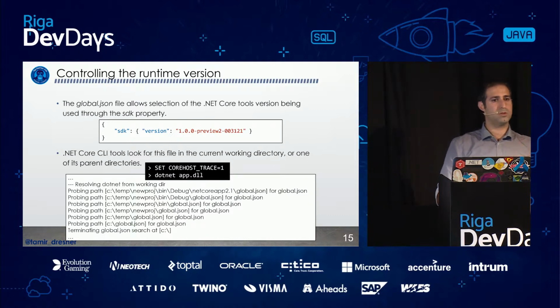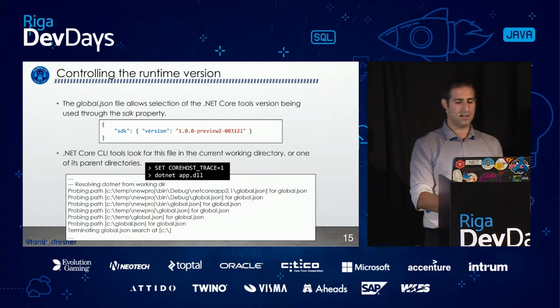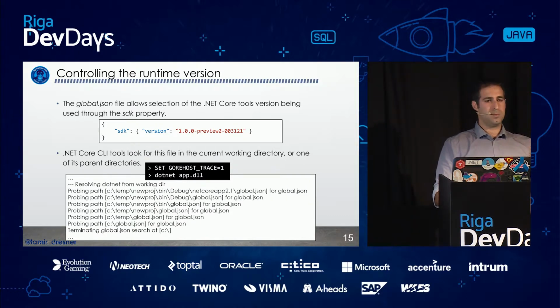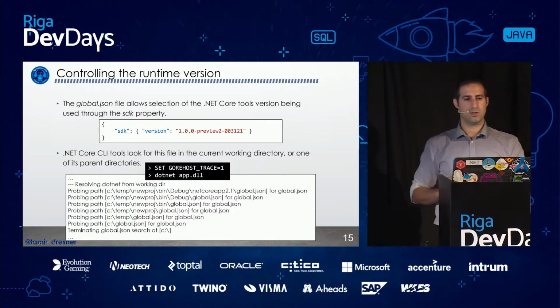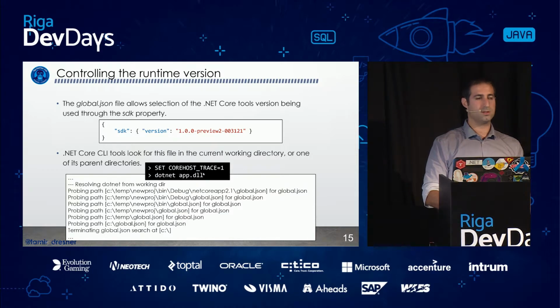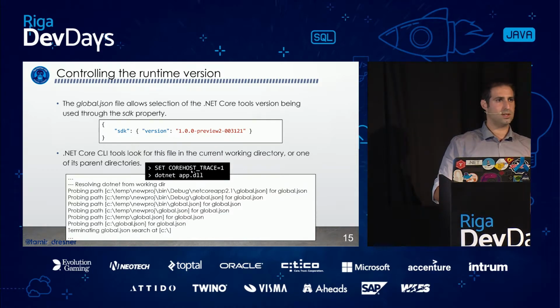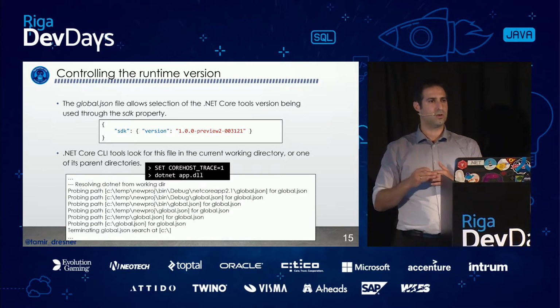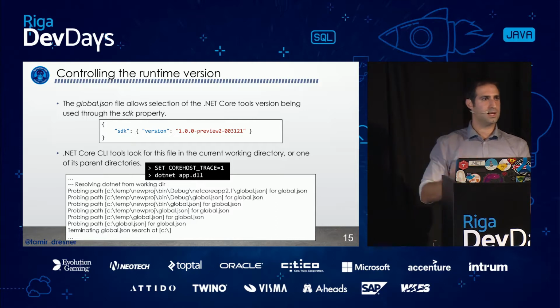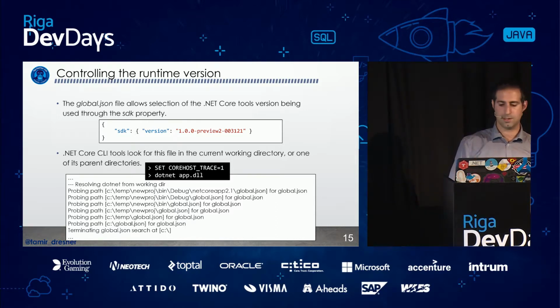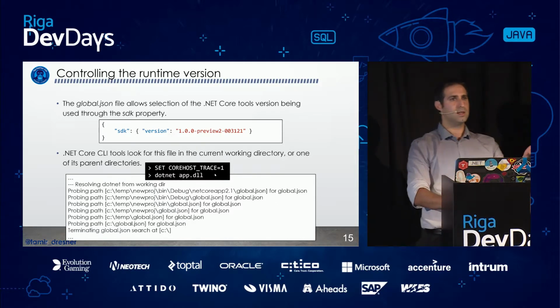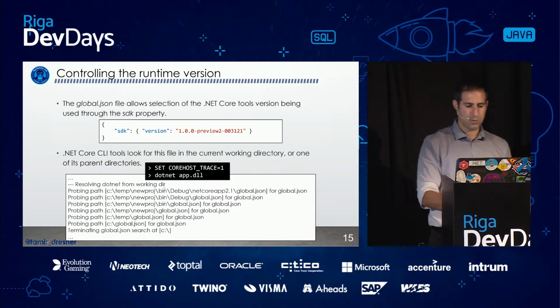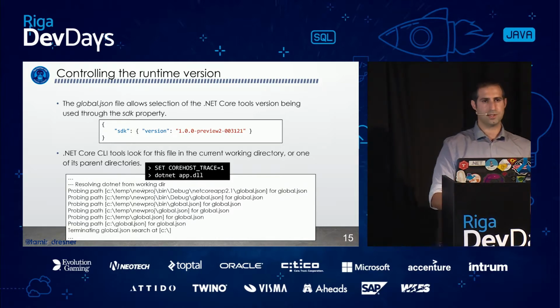And if you really want to see how it is being done, and this is another tip, if you want to understand what's going on inside .NET Core, if you turn on the flag COREHOST_TRACE, just an environment variable, and put it to 1, it will print to the screen all the steps that the .NET Core tool, the .NET Core SDK, the runtime, everything is doing inside. So I turned on this flag, and you will see that when the application starts to execute,